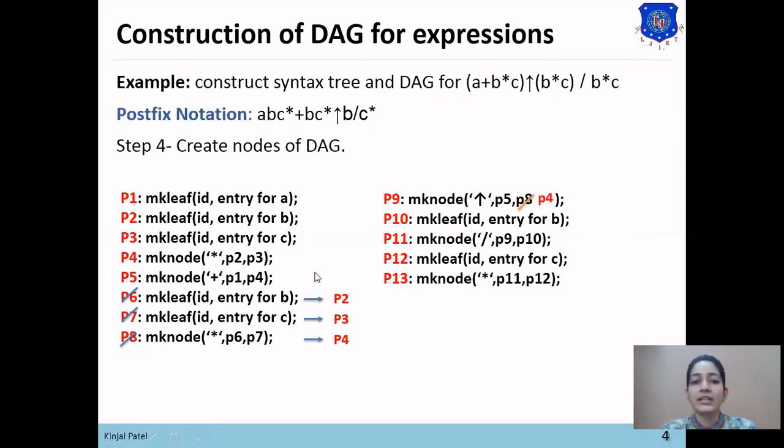Okay, so these are the changes which we have made to construct the DAG, that we have renamed P6, P7 and P8 to P2, P3 and P4, as this expression B star C is a common sub expression. And we have renamed the P8 node, as now there is no P8 node in this function. So we'll rename this function as P4.